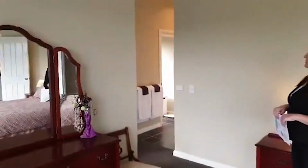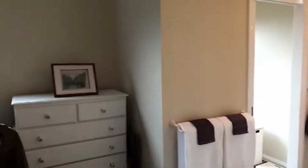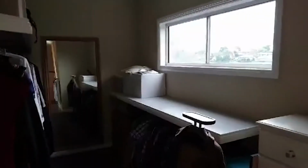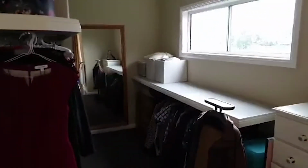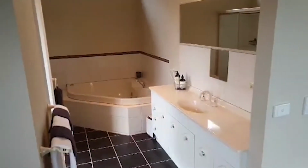Okay. So I might peer around this corner, Claire, and give the guys a bit of an idea of this space. So this is our walk-in robe. Lovely big open area there. It's got natural sunlight in. And if I do a bit of a 180, because I've just backed into the bathroom, here is our main